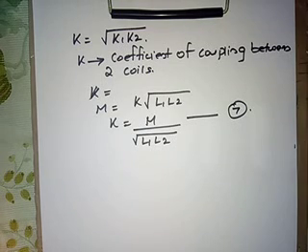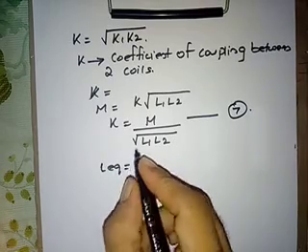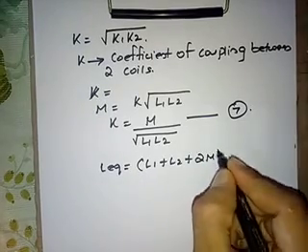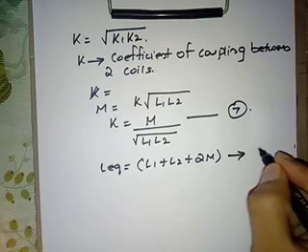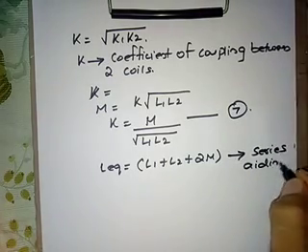So here, if the two magnetic circuits are coupled in such a way that there is series aiding between the two circuits. Series aiding means the flux in the first coil aids the flux in the second coil in series, right? They are aiding each other. Then we have L equivalent equal to L1 plus L2 plus 2M. This is for series aiding, if the fluxes in the two circuits are series aiding.